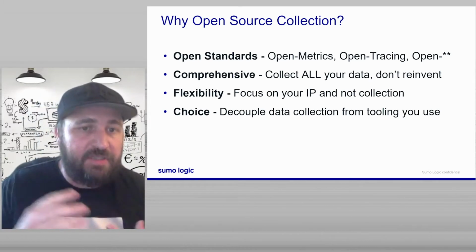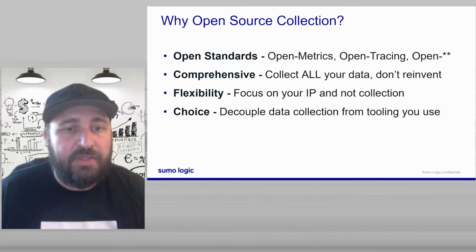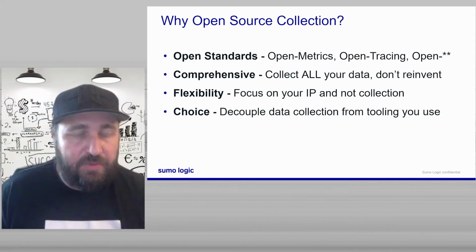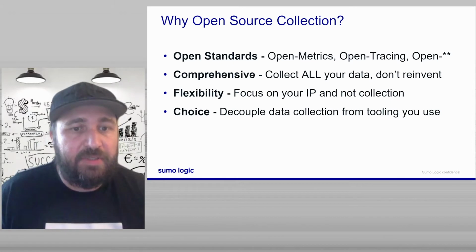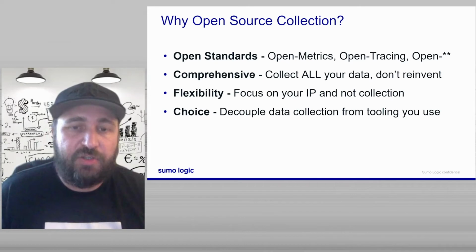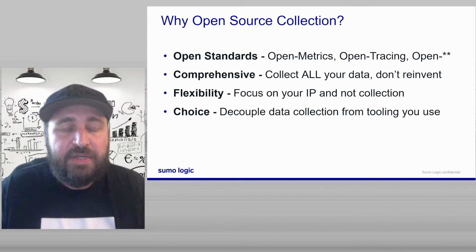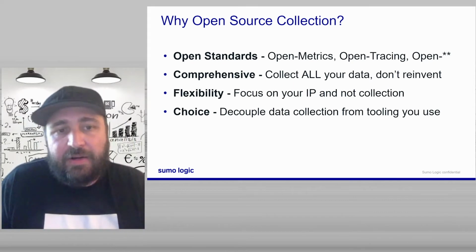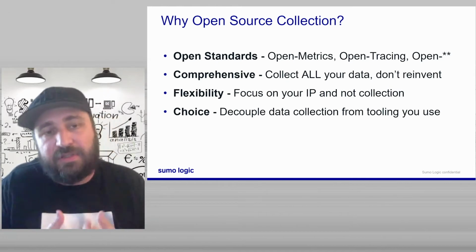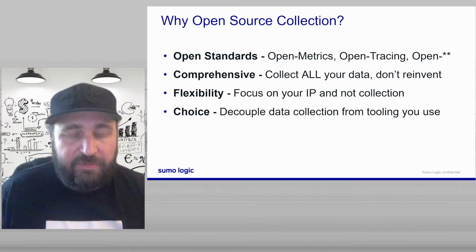And I think all of these things, when you look at it together, what this is about is choice. It gives you choice. You get a choice to decouple data tooling from your use. When collection is built on open standards, when it's comprehensive, and when it gives you the flexibility you need, you get to have a choice of choosing what data collection you want to use separate from the tooling you're going to use. As long as the tooling embraces open standards, then the tooling doesn't matter. You can use one agent to send data from vendor A to vendor B. This gives you all the great benefits that you need to really grow and have a flexible model of data